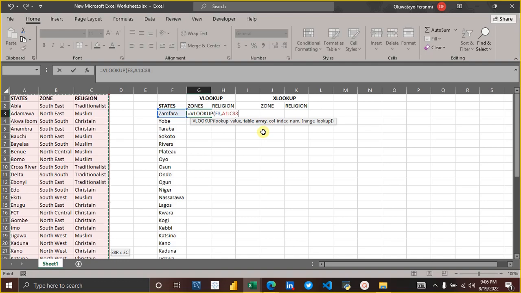That's basically the table. Then column index. Everybody knows what index means. Index is the number of the column: this column 1, column 2, column 3. So that's the column index number. It is asking you which column number you want me to return values from. In this case, we want to return from column 2. So you type 2, then comma, then